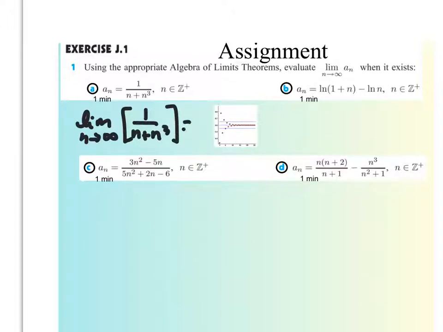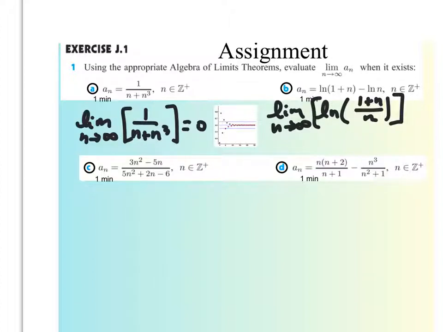Degree on top is larger than degree on the bottom, therefore that would be 0. This limit is pretty interesting, but I would just use properties of logarithms. This would actually be natural log of (1 plus n) over n. I just use the division property of logarithms. So if I took the limit as n goes to infinity of that,